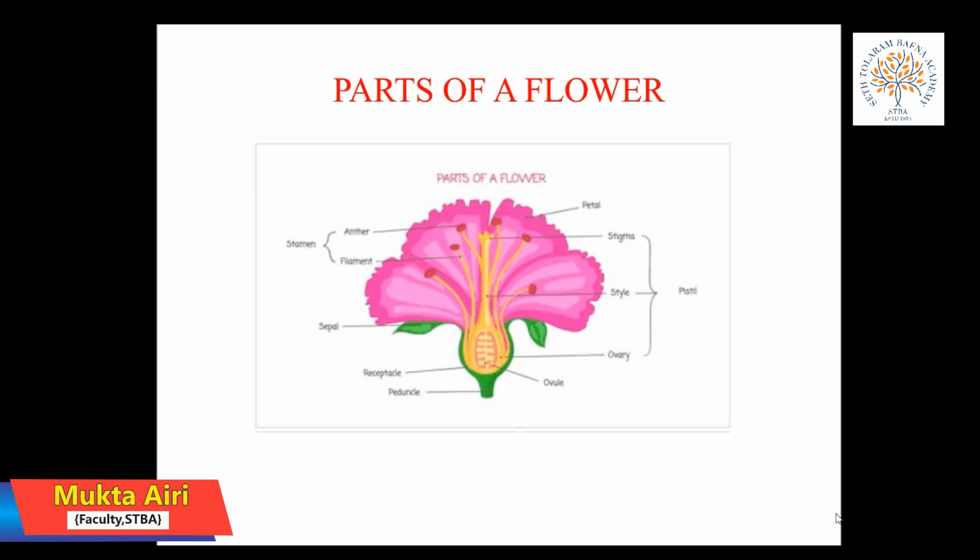Now let us see the function of the flower. The main function of the flower is reproduction. The flower attracts insects by its bright color and sweet smell. The flower of Rafflesia attracts flies by its bad smell. The insects help in pollination. When they sit on the flower, the pollen dust falls on the pistil and fertilizes it.